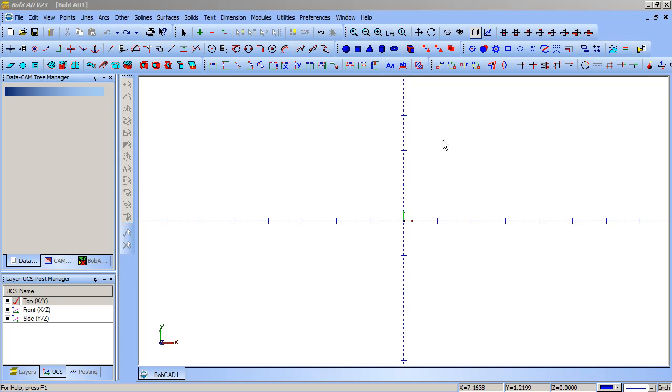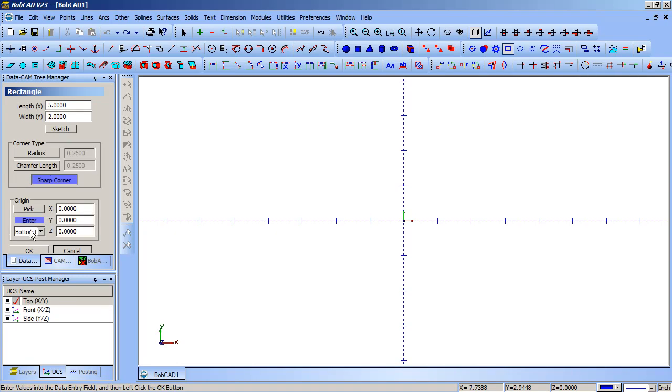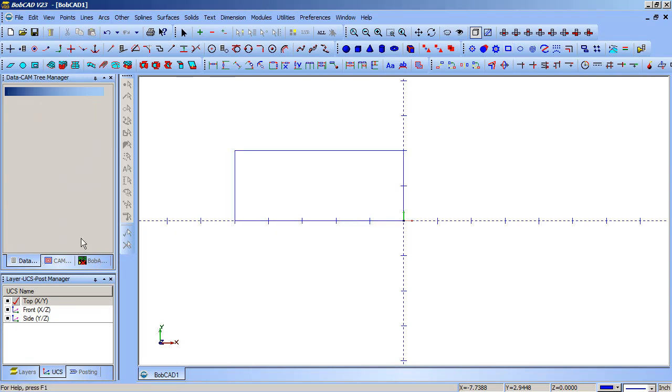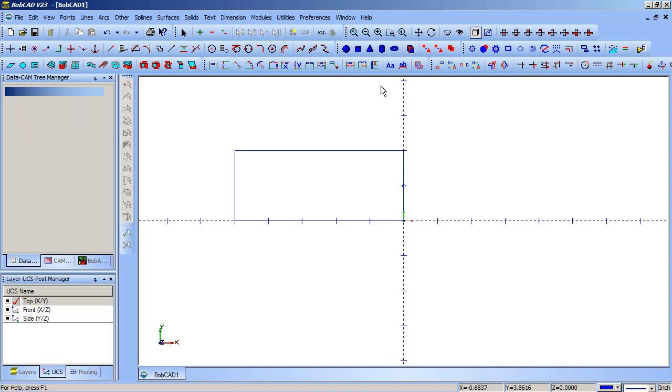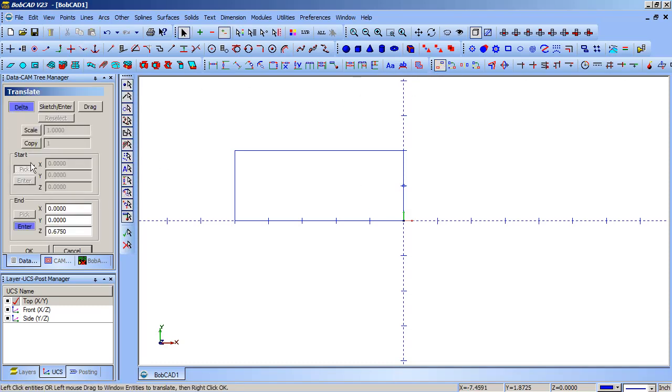Okay, I'll fudge through this really quick. So let's make a square, right? Bottom right, poof. Okay, I'm gonna put a point on it just to make it easy. 50%. That's right in the middle of that line right there. I'm going to translate a copy of that point up